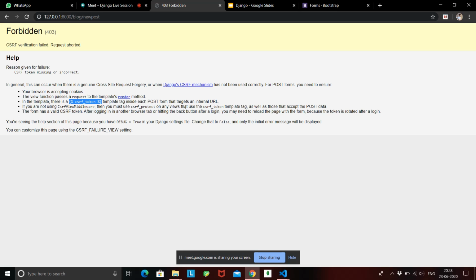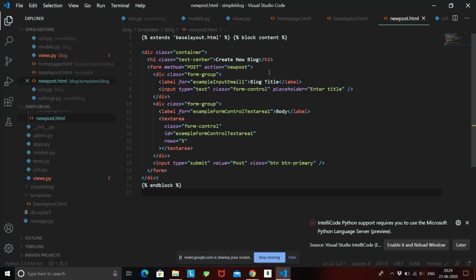Okay, so why is Django forbidding us to create a form or to post the data? It is because of security reasons. Okay, each URL or each request that we are making to the URLs or the server is being secured, and they are secured by a unique token, and each token is called a CSRF token. Okay, so when we are trying to post data to a URL, we need to secure it by providing the CSRF token. We ourselves don't need to provide this token. Django helps to do that, but we need to specify this thing over here. I'll just copy this CSRF token, and what we need to do is specify this token after the form.